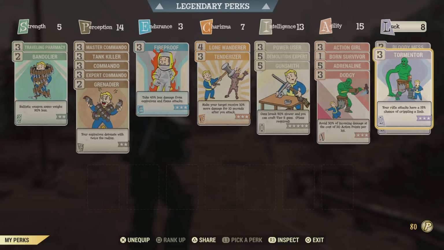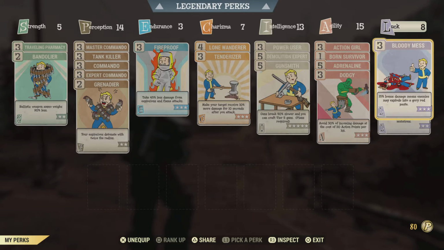And then lastly, we do have 8 luck. We do have Bloody Mess here, just to give us ever so slightly a damage buff. It won't be the world. We're probably talking about something like 6 to 7 damage, but still, it's a little bit more, and enemies can explode into some gory paste. One thing I don't always want to mention when I'm using Bloody Mess, because that happens relatively often, but